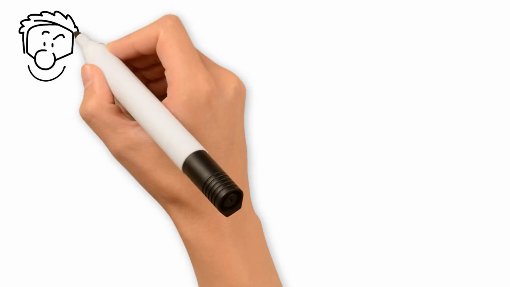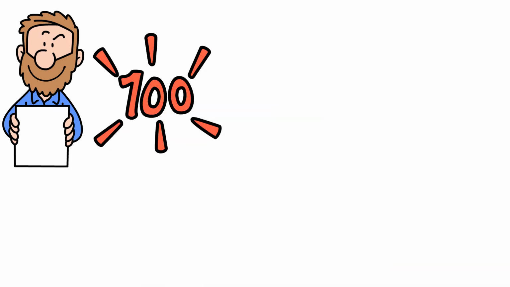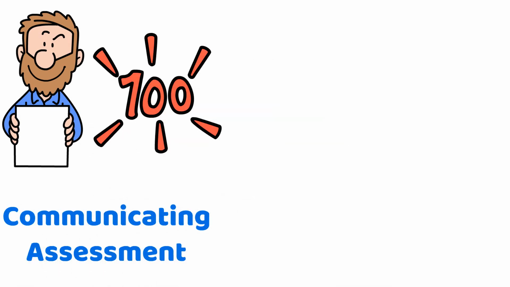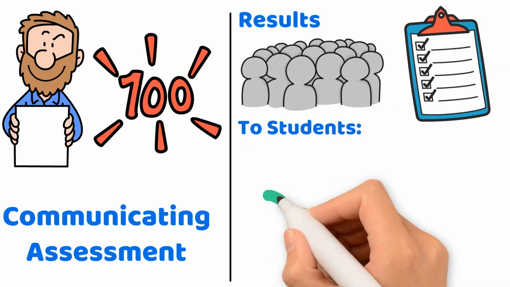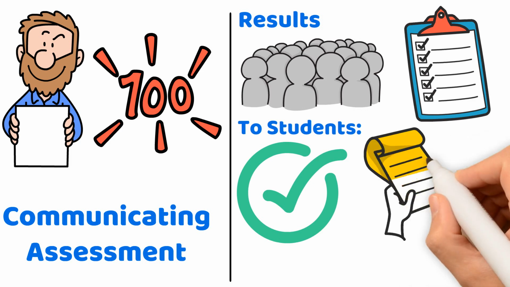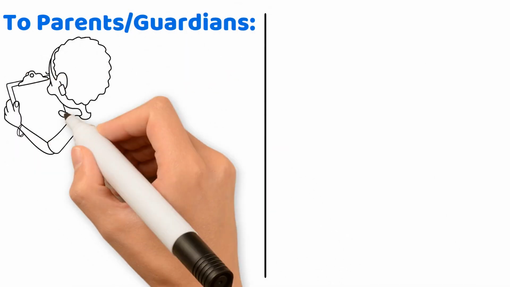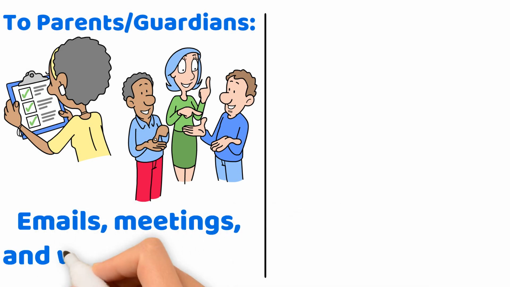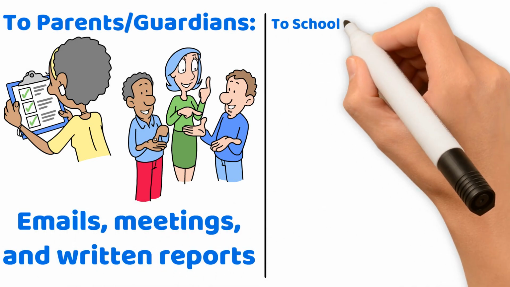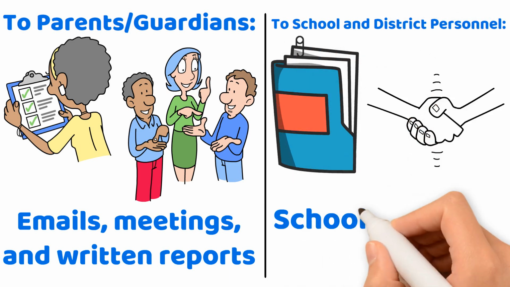It's highly likely that on your teacher certification exam, you will be asked how to effectively and appropriately communicate assessment results. So let's talk about the different people we share these results with. To students, provide clear, specific feedback based on standards through daily interactions and periodic conferences. To parents and guardians, share detailed updates on progress and areas for improvement through various communication methods like emails, meetings, and written reports. To school and district personnel, ensure systematic reporting of progress and assessment results to support school-wide and district-wide